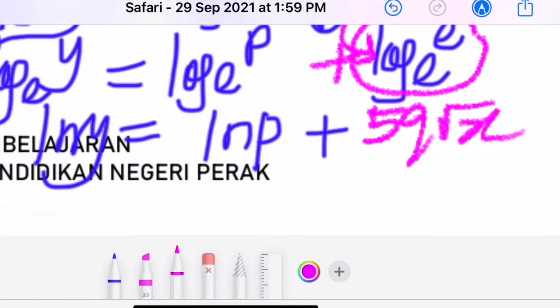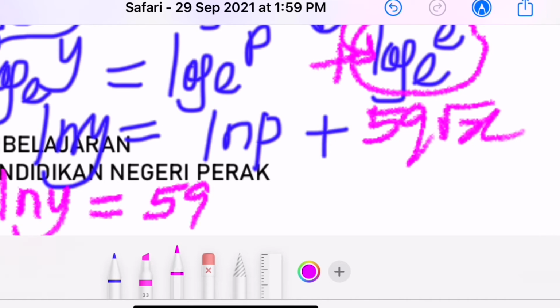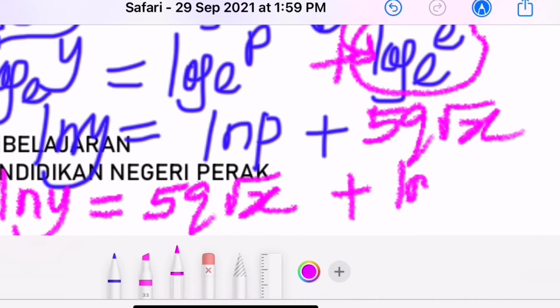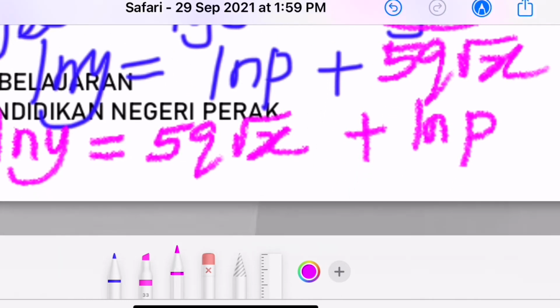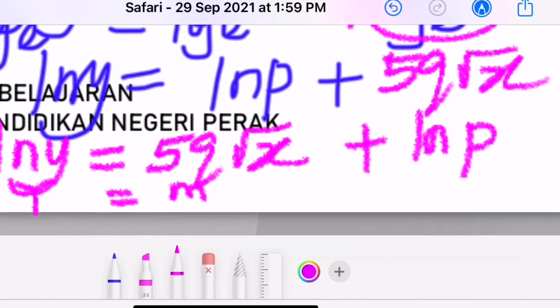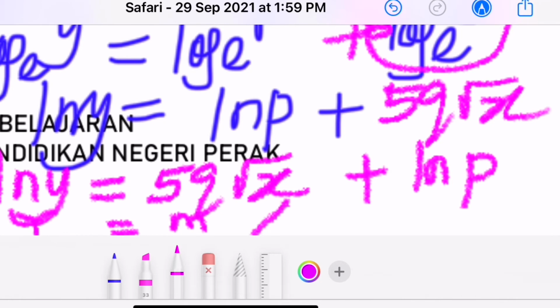Now we almost got the big Y, which is ln y. And then this is the gradient, M, and then this is the big X plus ln p. Got it? So this is the big Y, this is M, this is the big X, and this is C. So we will find the y-intercept from the graph, and then we will compare